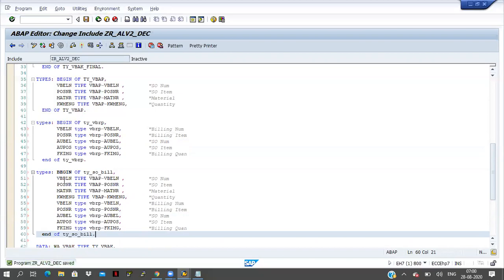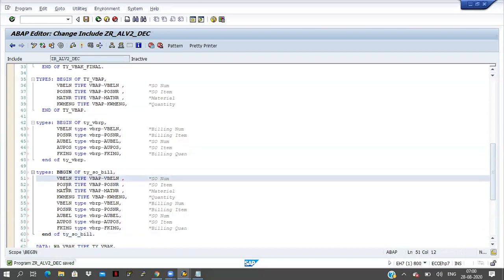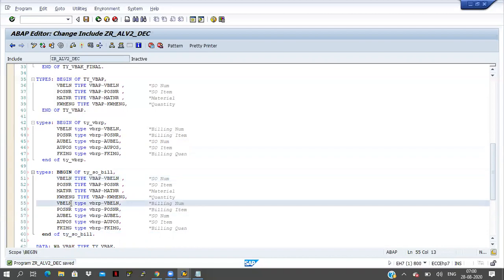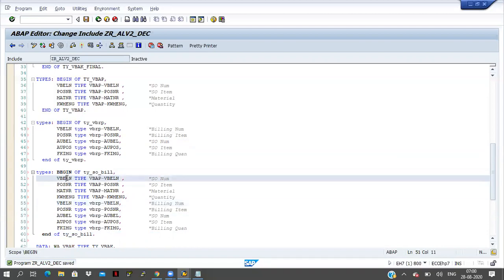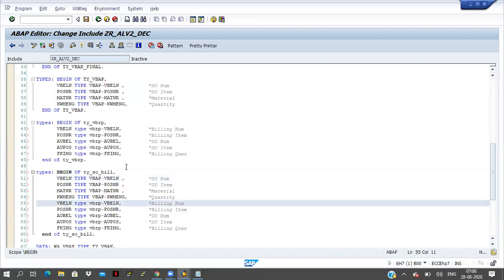And here, if you see, VBELN is coming, and one more VBELN is coming here. This is the VBELN sales document number, and this is the billing document number. So this is the final structure, right? Two VBELNs are coming in the same structure, but it won't allow two same fields in the same structure. Duplicates it won't allow here.